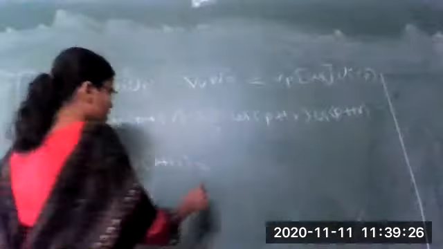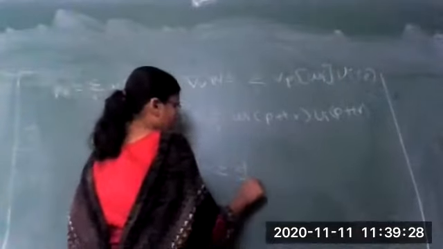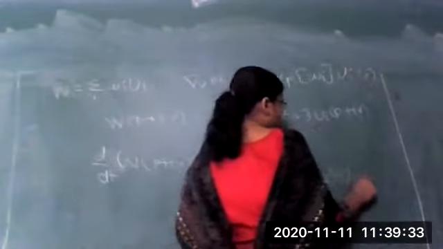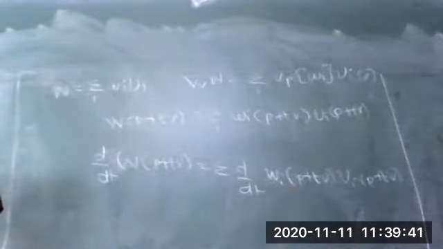How do we work out the derivative of f composite g at a point P? This will be f of P, g of P. Correct? So we have to differentiate with respect to t. What will be the differentiation? I will write this summation as it is: d by dt of Wi of P plus tV, Ui of P plus tV. Correct? Now we can find the value of this at t equal to 0.